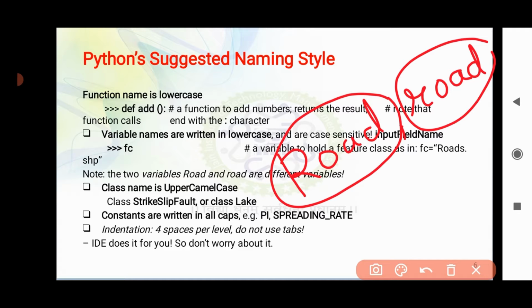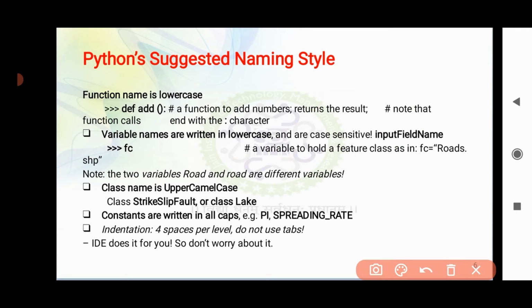Indentation is associated with the spacing when you are writing a block of code in a Python program. By default Python takes 4 spaces per level. We will definitely see that in our hands-on session, so do not worry about how exactly indentation works.